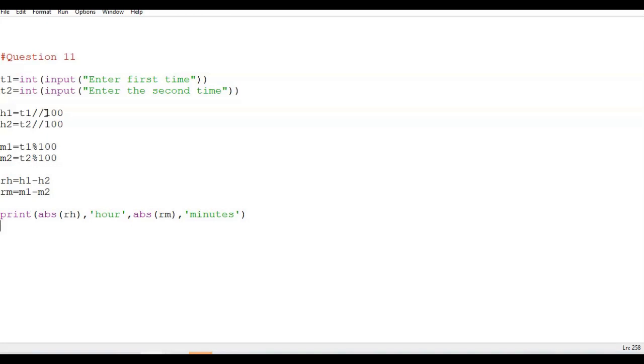We have to extract the first 2 digits and the last 2 digits present in the first number, and the same for the second number. The division sign will give you the first 2 digits, and modulus will give you the last 2 digits when dividing by 100. Modulus 100 gives the last 2 digits, and divide 100 gives the first 2 digits, because both are based on the principle of quotient and remainder.